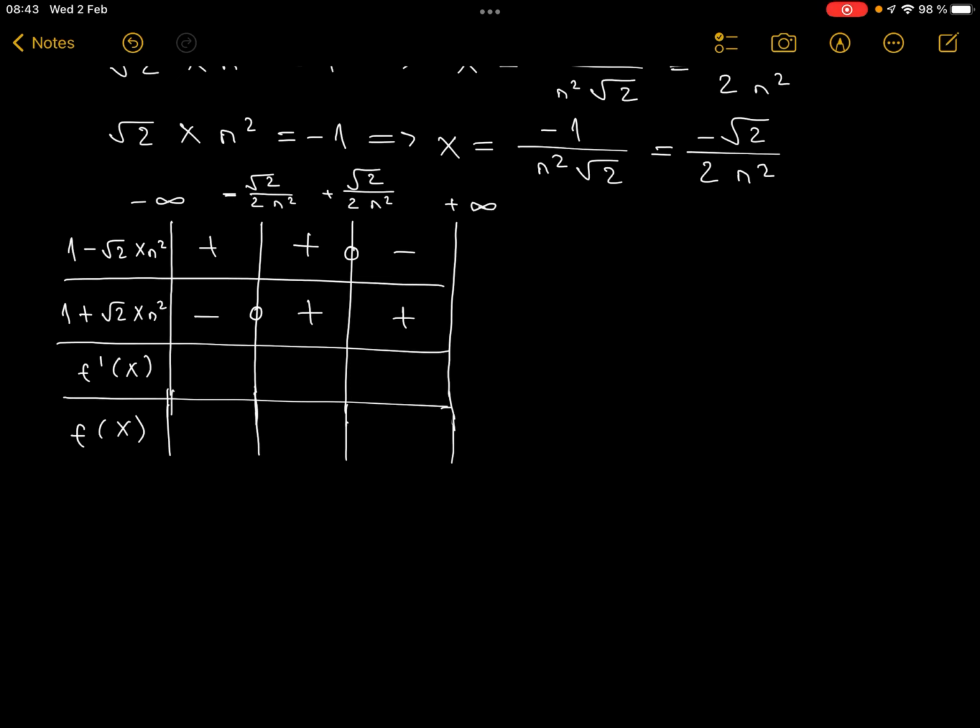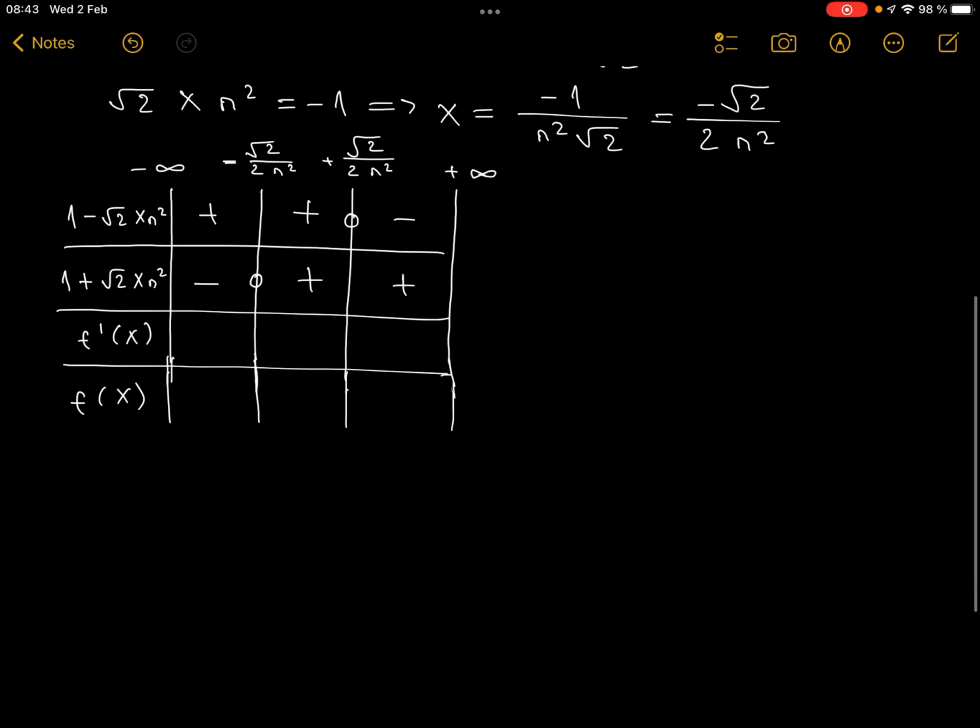So that means that f prime of x is negative here, positive here, and negative here. So that means that the function is dropping, then it's rising, and then it's finally dropping. So that means that f of x has a maximum